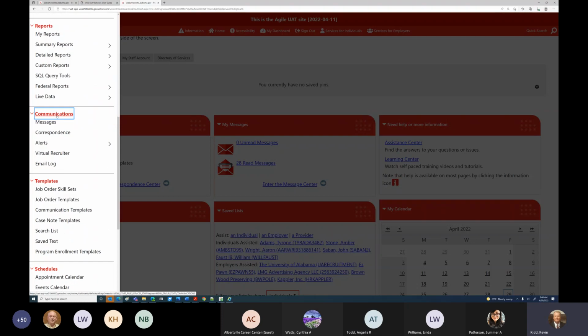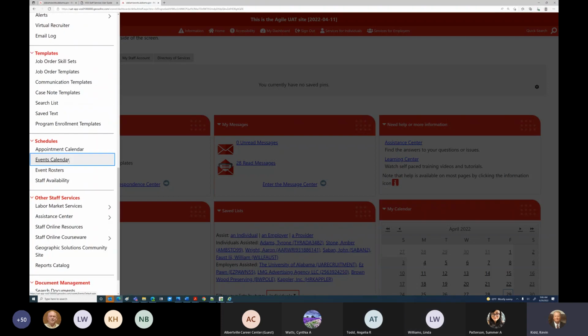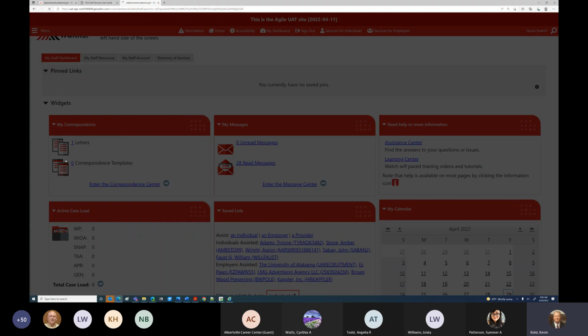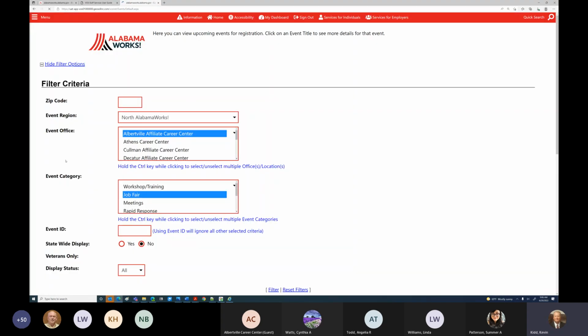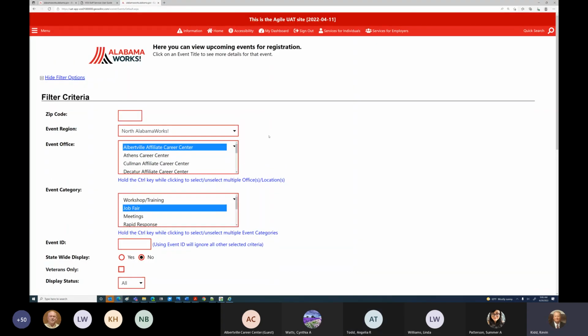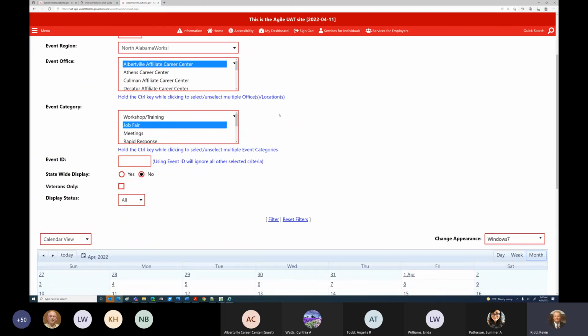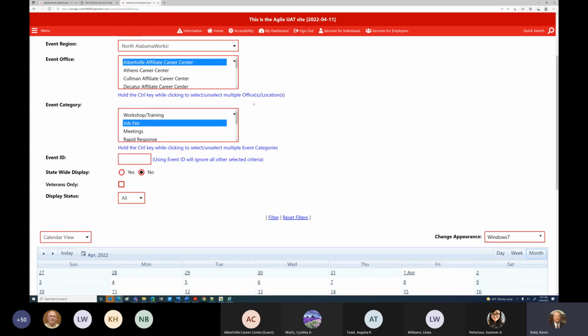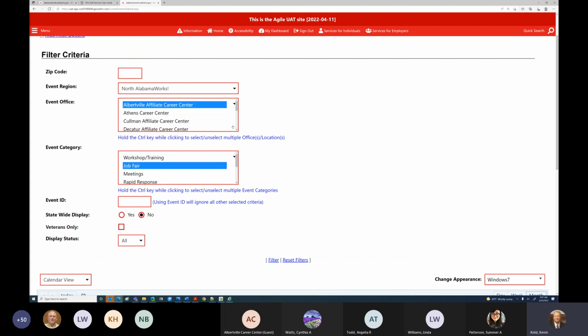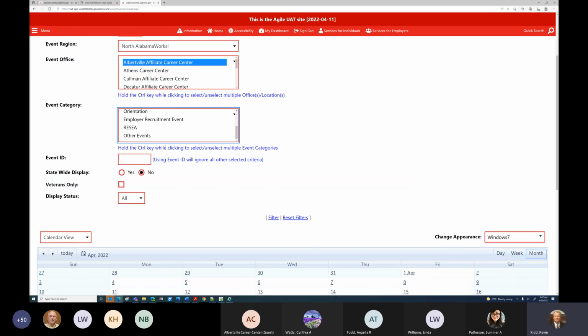First thing I'm going to do is go down to schedules, to events calendar, and then click events. Once I click events, it's going to show me whatever listings there are. A lot of you with RESEA already know how to use this, that you can set up RESEA events and employee recruitment events. But today we're going to cover the job fair events for the Albertville Career